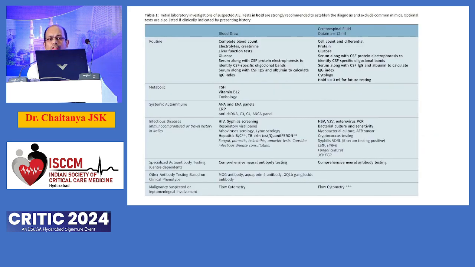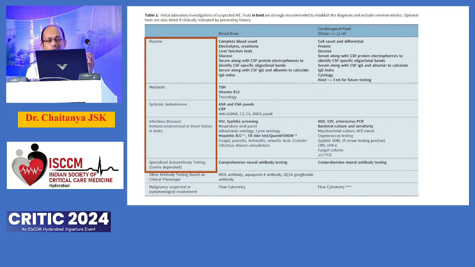So what blood tests do you do? Basically the same as we all discussed now. One, to establish that there is some inflammation going on, you do your routine tests. You do tests to rule out metabolic syndromes. You do all your toxin screens. You do a CSF analysis. You look for nutritional deficiencies and systemic autoimmune disease. Even lupus can cause encephalopathies like this. So ANA profiles and infectious disease workup.